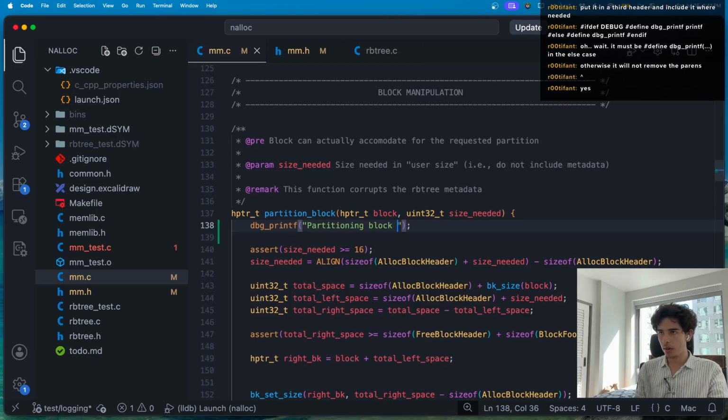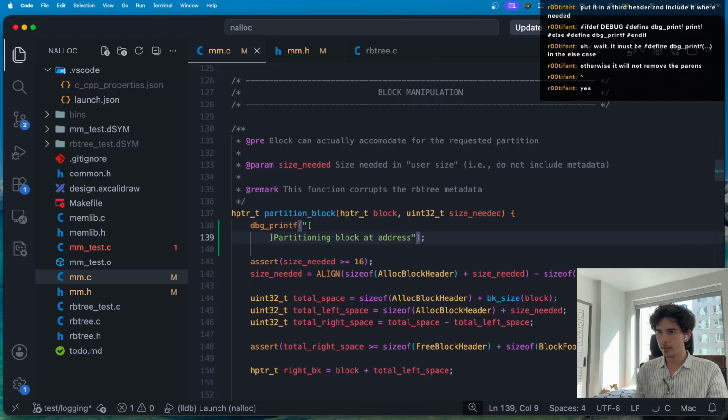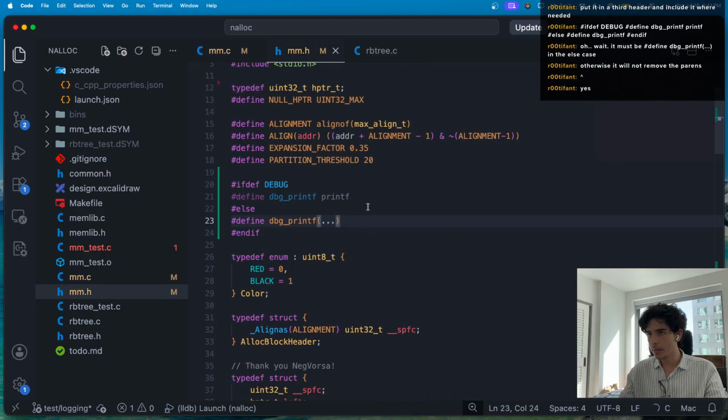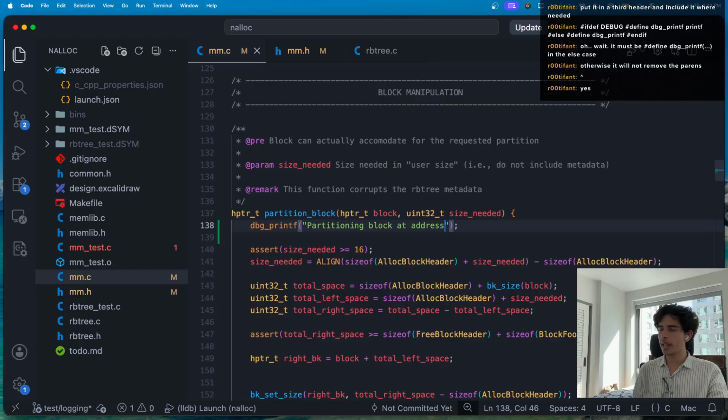Okay, so we partition block, and then we can say partitioning block at address. I've seen many people include something like this, where it's like logger, and then they do that. Should I do that, or do I just include the message? I guess that we can define that in the macros anyways. Partitioning block at address, and then I would need to append the heap pointer, which should be a number, at address, heap pointer address, this,